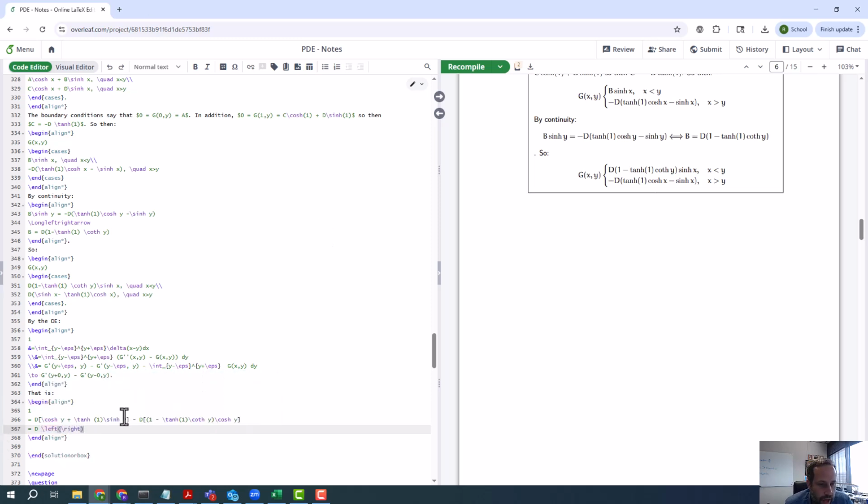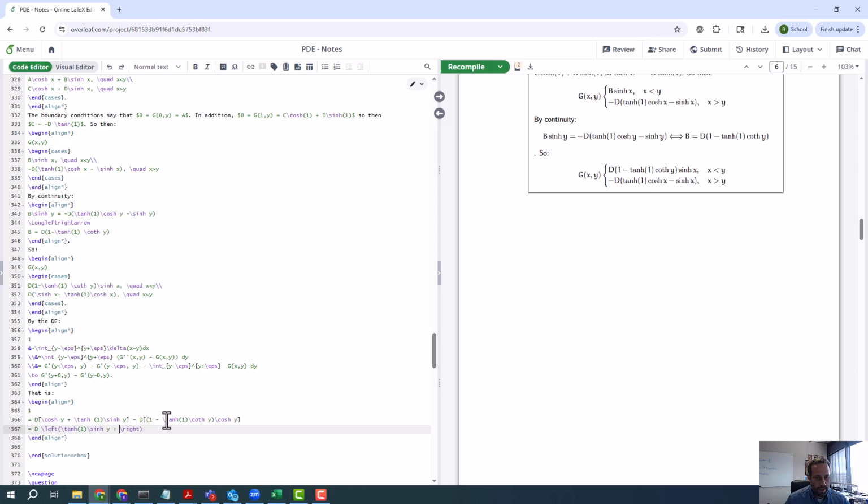Okay, so I'm factoring out a d. So the cosh y, I'm not going to do anything with that for now. Let's see if anything's going to cancel. So I've got a cosh y here. I have a cosh y times a 1 and a minus sign, so the cosh y's are going to go away. So I'm going to have a tangent 1 sinh y, and then I've got a minus minus, so now it's going to be plus